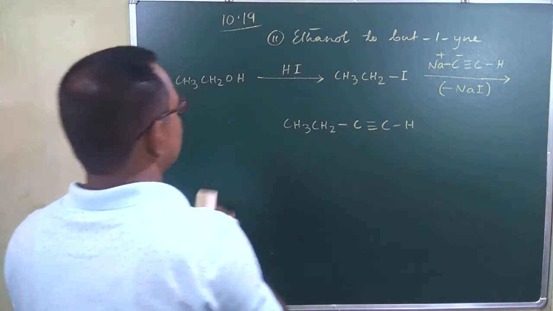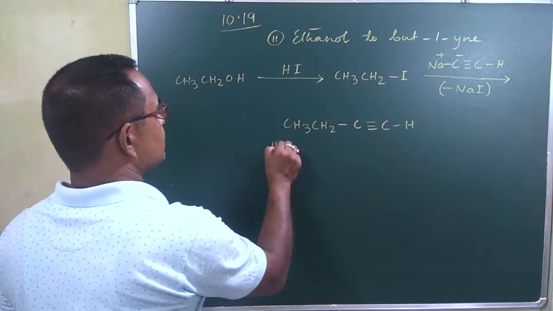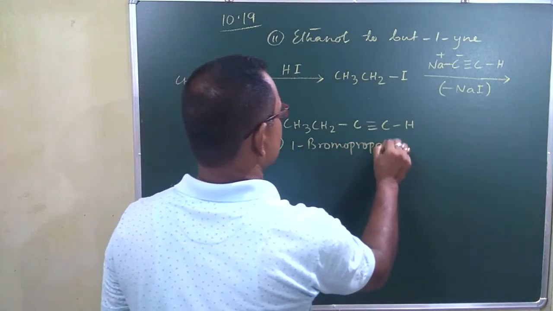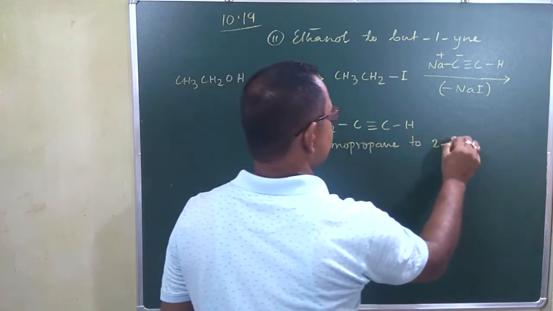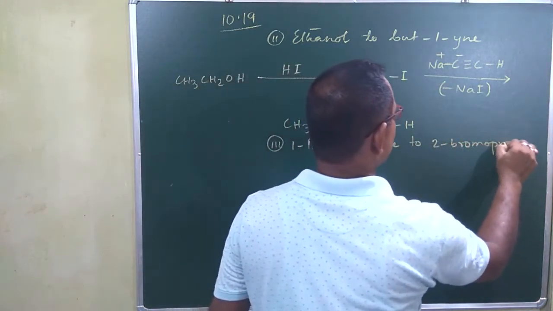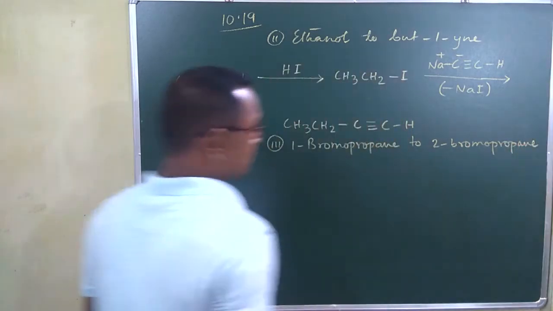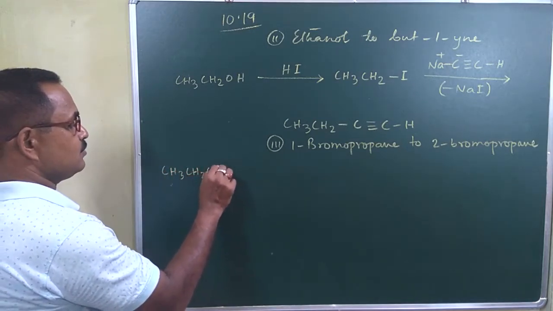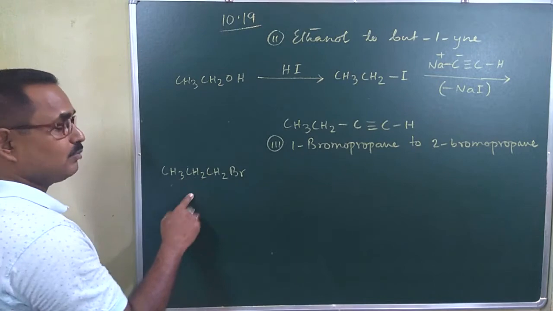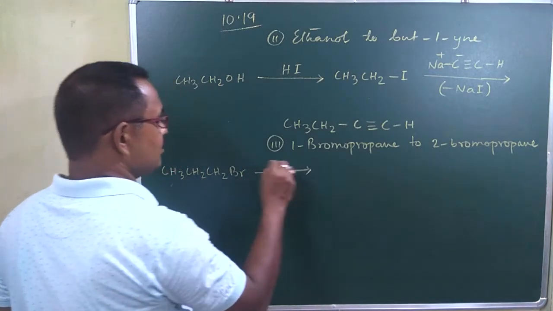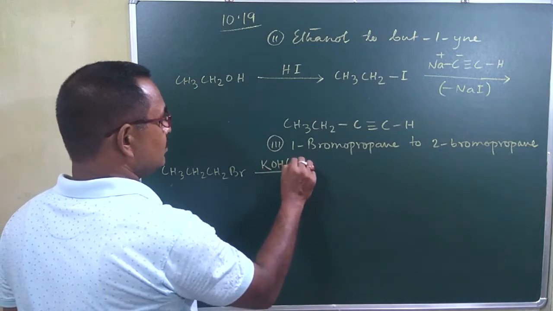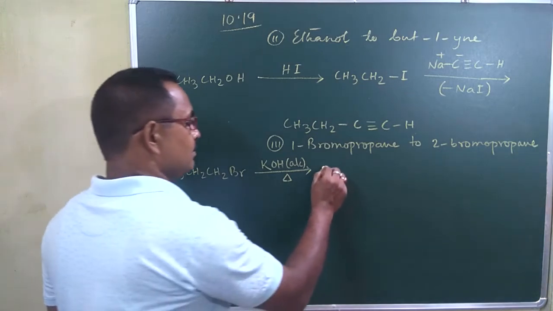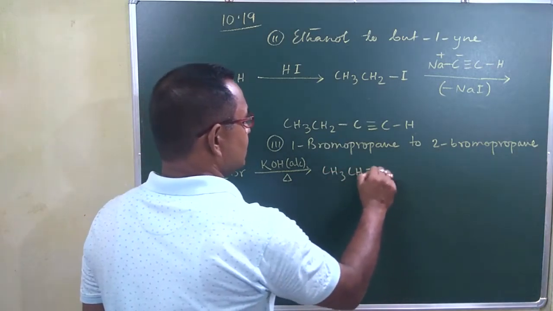Then come to number 3. 1-bromopropane to 2-bromopropane. CH3 CH2 CH2Br. This is 1-bromopropane. Allow this to react with alcoholic potassium hydroxide solution. What will happen? There will be